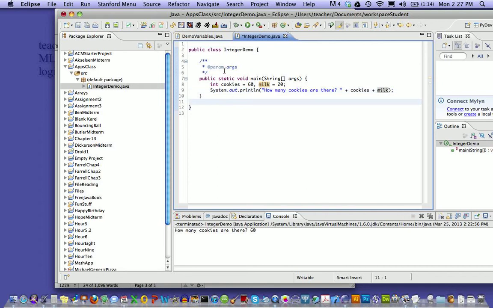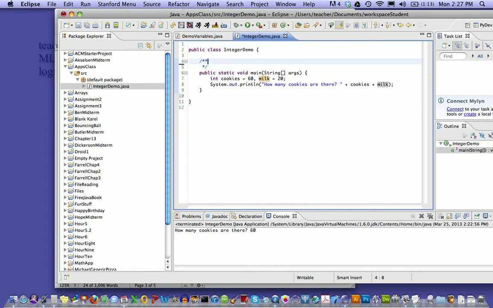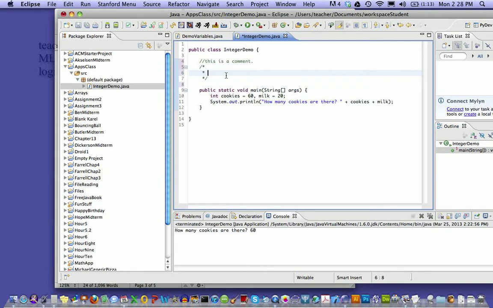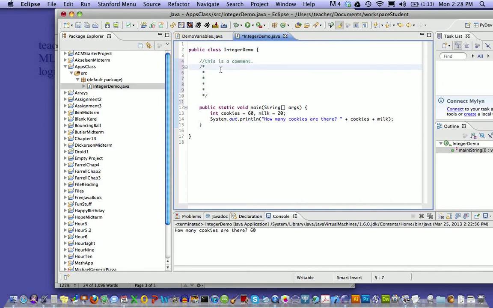All right. Now, there's one other thing you should probably know about. These are comments right in here. So if you wanted to put some special instructions in your program that were only for people to read and not the computer to read, there's a couple different ways to do this. You could either do a double slash. This is a comment, like so. And the computer won't read that, but it helps a human being to be able to read it. Or you could do this, and that puts in whole lines of comments so that you can actually keep typing. This program